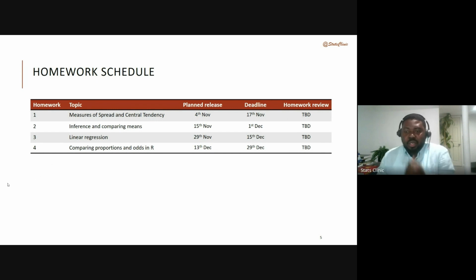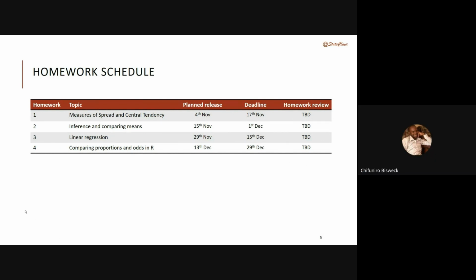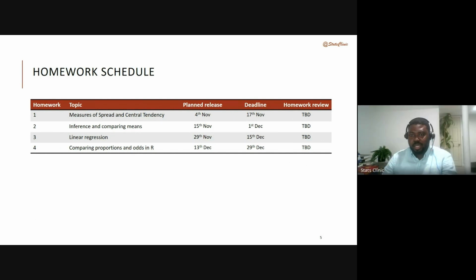Thank you very much. Okay, so we will release the homework today, the first set, and then we will have the deadlines in 2 weeks, and then we'll also release the rest of the homework. We might be able to, at some point, schedule a time where we can review homework together. We haven't finalized that yet, but that's something that we might consider. Okay.